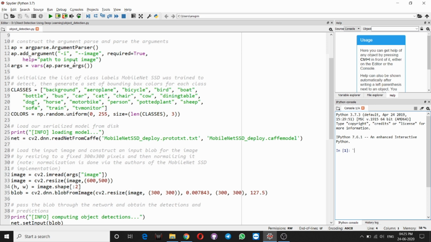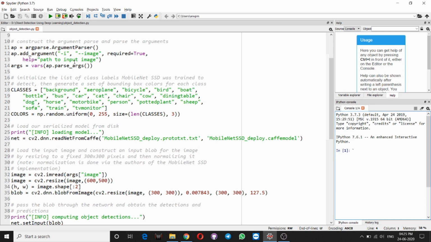The prototxt file contains the structural architecture of our model, which means all the layers and the different types of parameters that these layers require, and all these things. And the caffe model is the file which contains the weights and biases for our layers. So we have to pass these two files into this method.